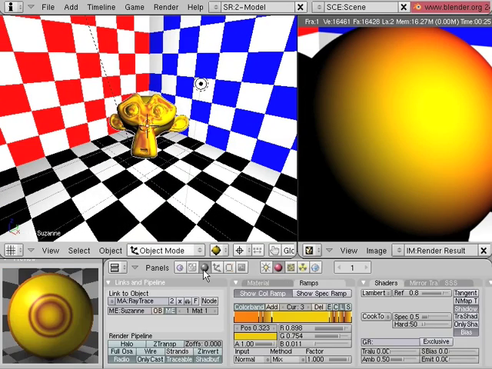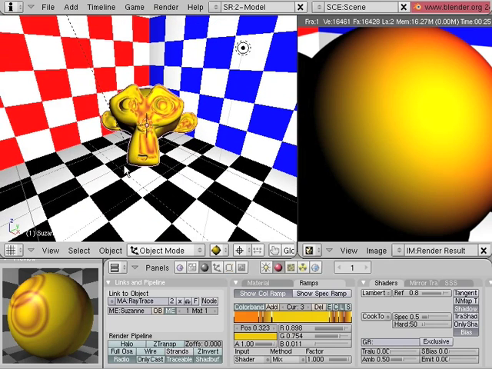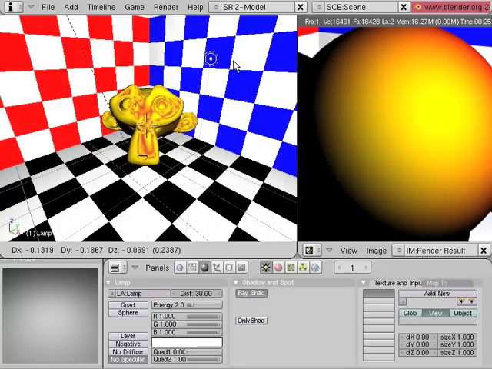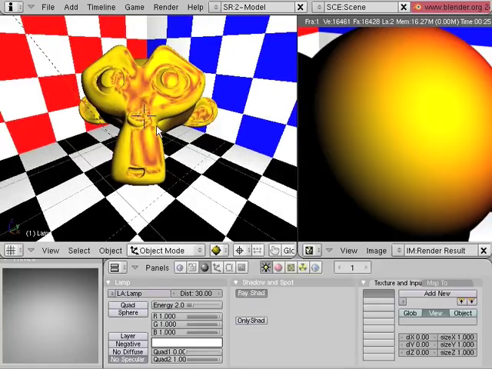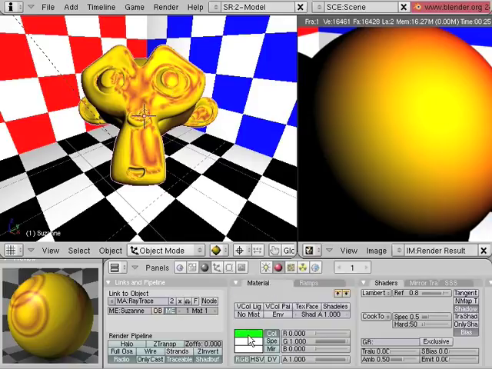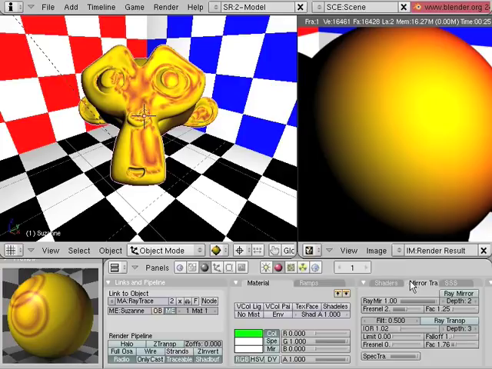Now if we go back in and we change our input type to something like shader as opposed to normal, instead of using the camera, it'll use the lights. Now the interesting thing about the ramp shader here is what it's really doing is it's replacing your diffuse color. So if we were to go over and turn ray mirror back on, maybe lower our ray mirror value just a little bit, and make sure we have plenty of Fresnel. If we were to render this,